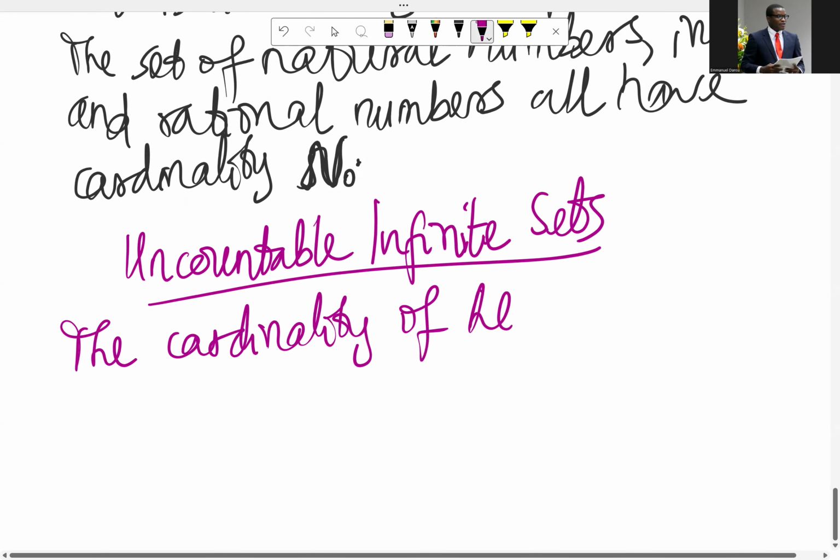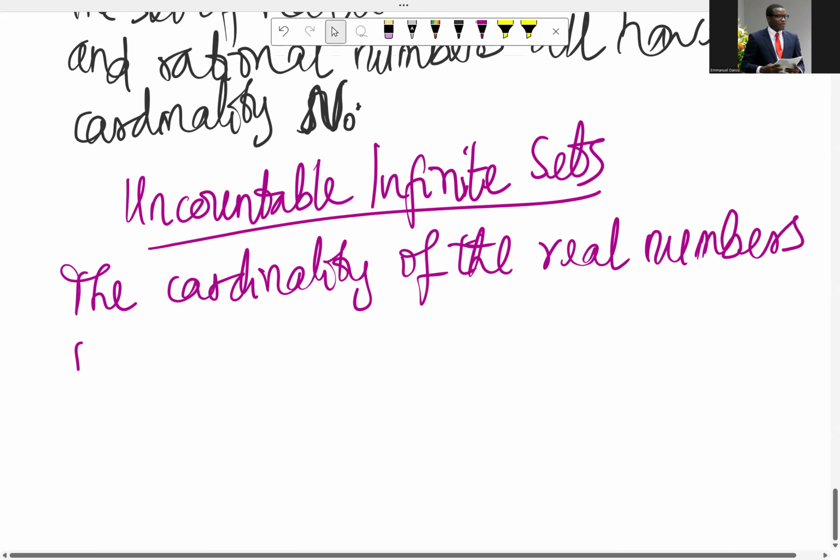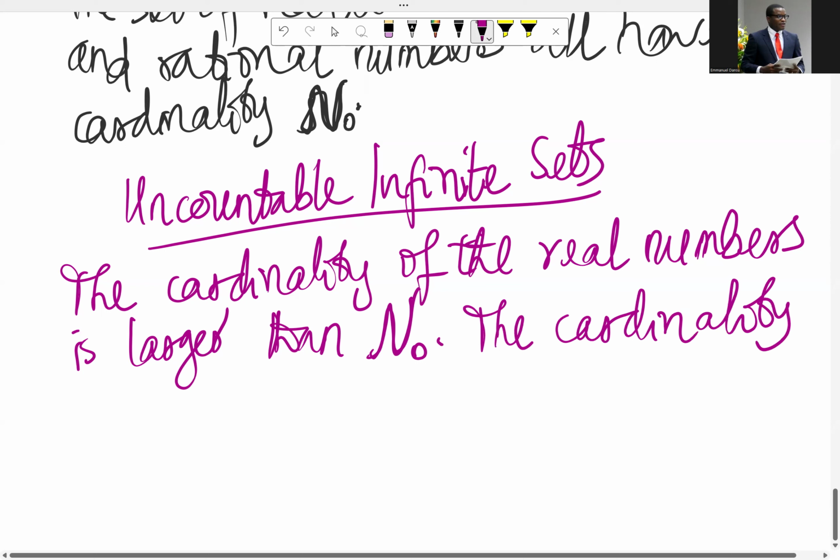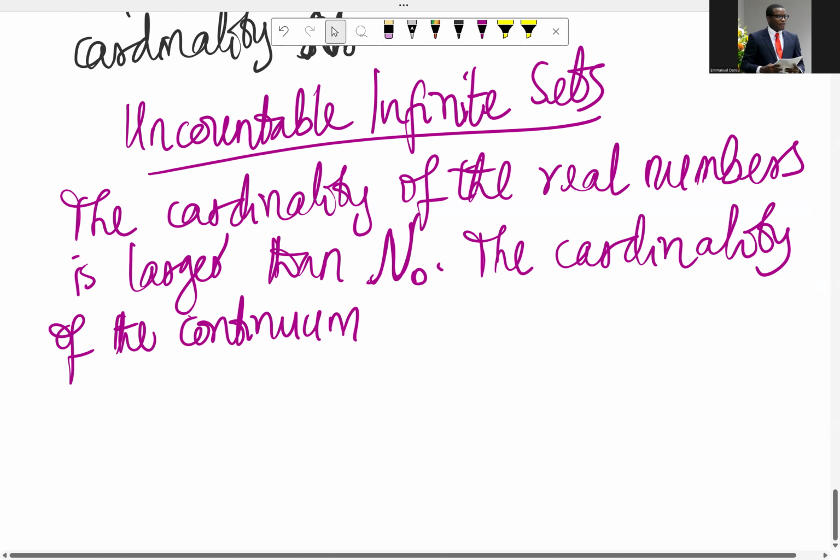The cardinality of the real numbers is larger, of course, as we know, than aleph null, the cardinality of a countable infinite set. So the cardinality of the continuum, that's talking about the real numbers,